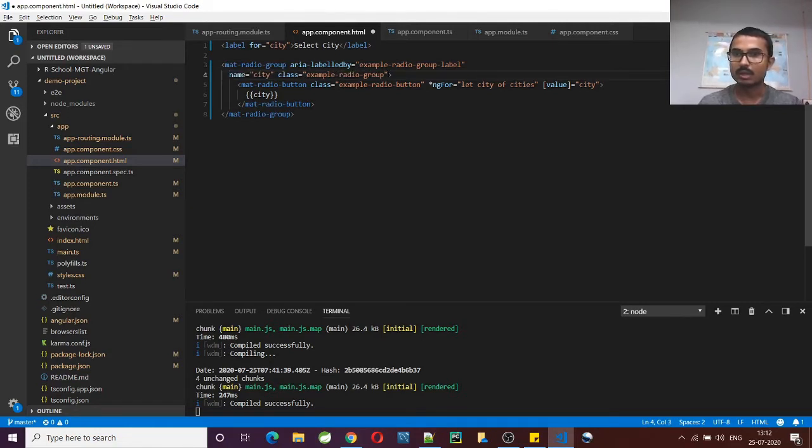Here I'll use the two-way binding syntax which we saw in the last video, that is ngModel, and here I'll assign this value. Whatever value is of the selected radio button will be assigned to this variable which I'm giving here. I'm giving it as selectedCity.